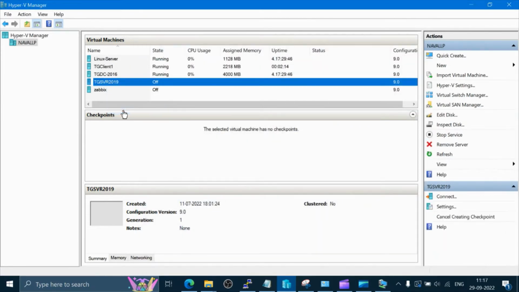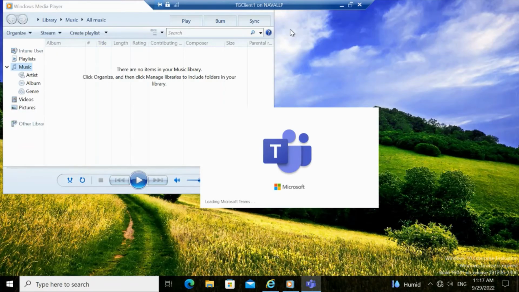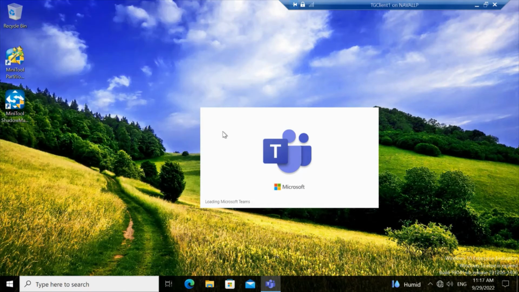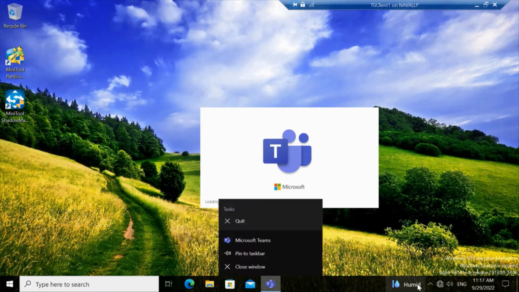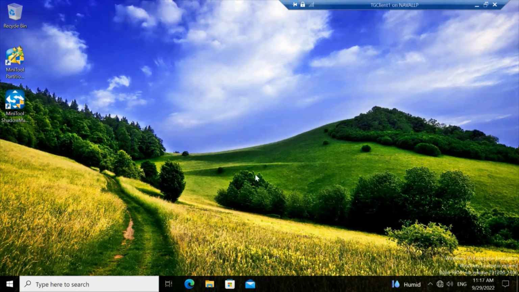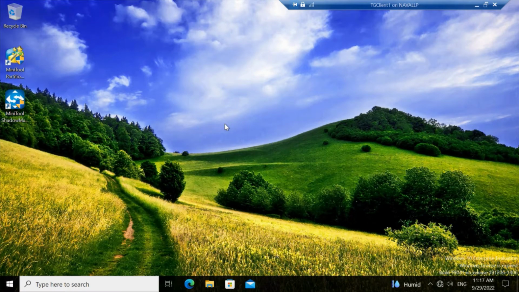Okay, now let's start this. Okay, our TG client 1 has already been started. Okay, we are logged in already. Let's close this, and I'll need to disable this Internet Explorer from the startup to get started automatically. Okay, let's also quit this. All right, now our next step would be to go to the network connections inside the virtual machine. So where we will go? We will go to ncpa.cpl,